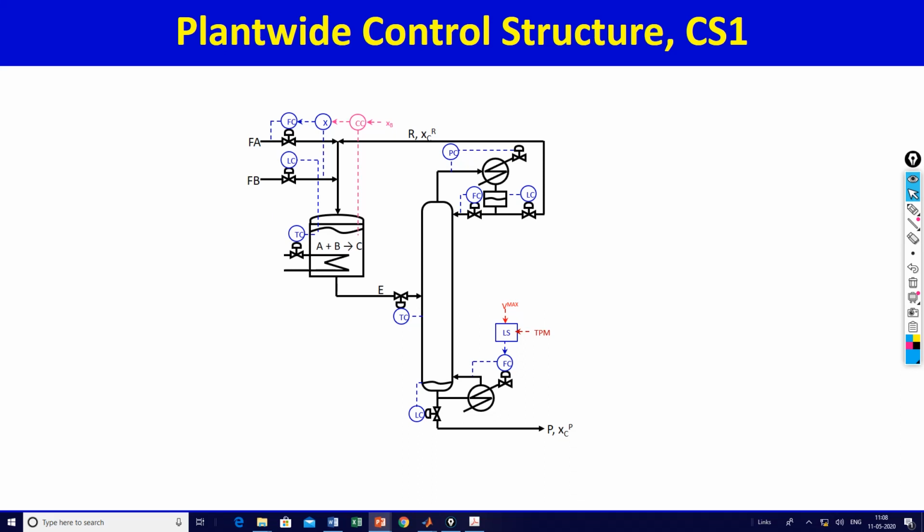Now we start putting in economic loops on it. What does economics say? Economics says hold the product quality at minimum. That's how you do it. You adjust the temperature set point using a quality controller, where the set point for the quality controller is the minimum quality guarantee that you're giving to the customer. What's the next? Okay, so you have to have this at maximum. That's the next economic thing.